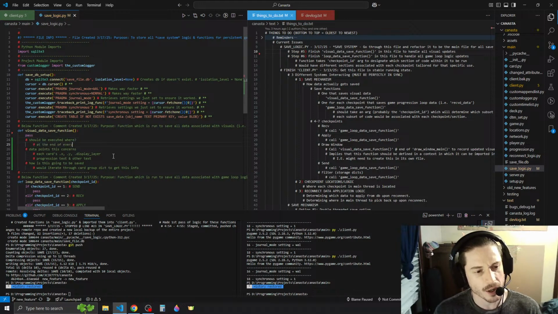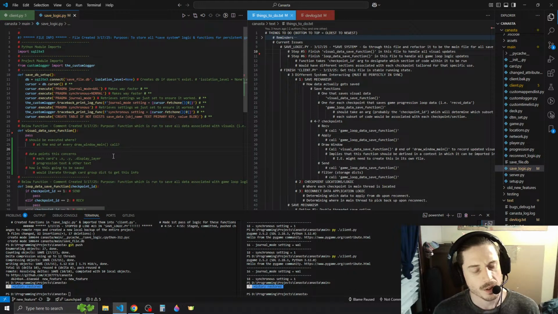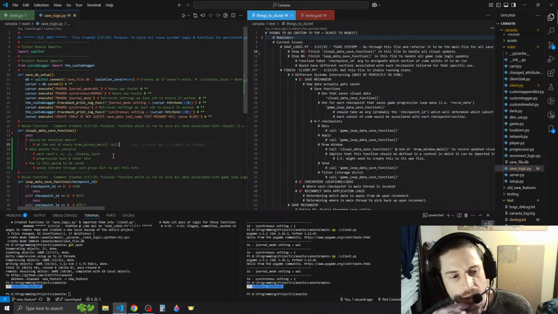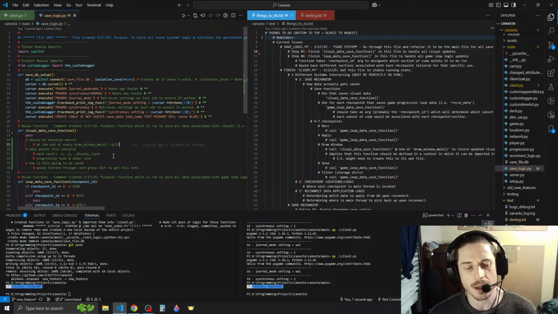At the end of every draw window main call. Draw window main is what handles all the visuals; it handles everything in one function. So that means